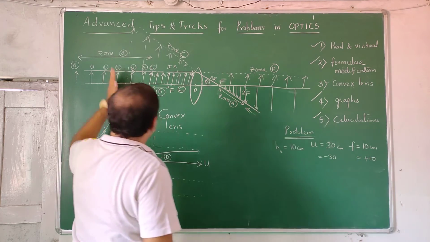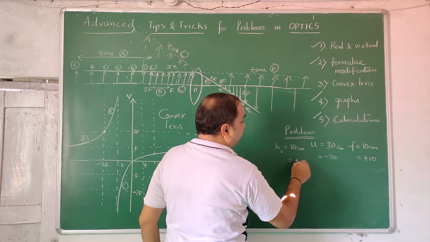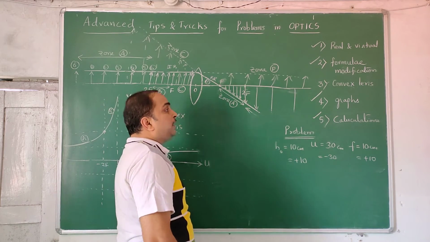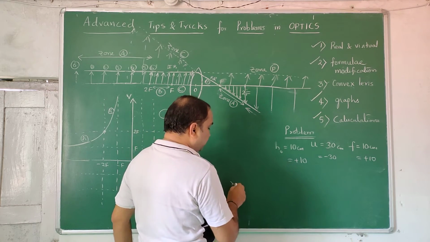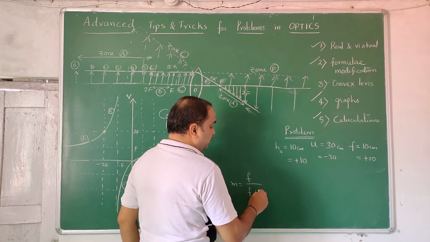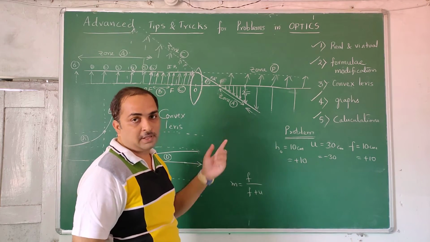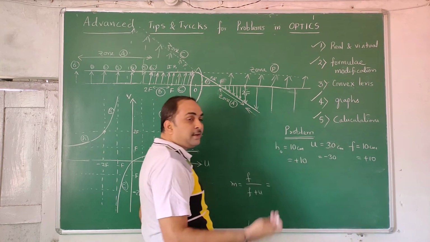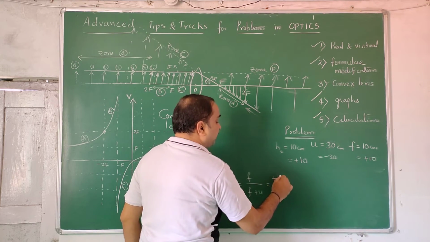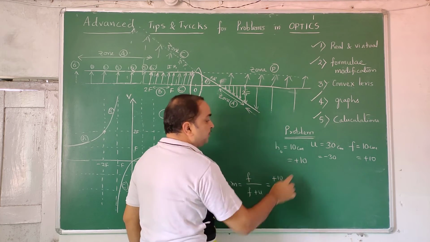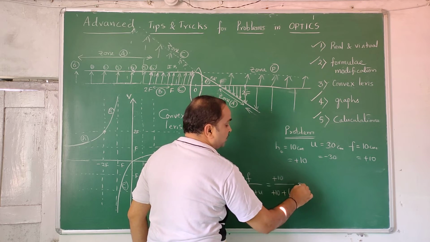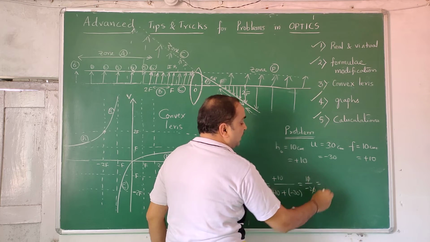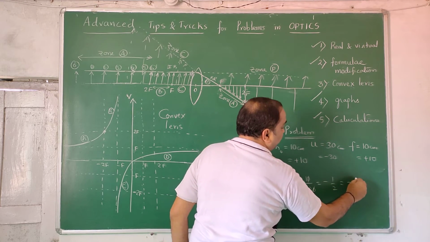Height of the object we are keeping erect, so like this, they can take it as plus 10. So sign convention also we are done. Now I told you always find m. M is equal to f by f plus u for lenses. In this video only we have done that. F is, don't take this value, take what you assigned, whether you kept left side or right side. Plus 10 by plus 10 plus of minus 30. So it's coming out to be 10 by minus 20, minus half, that is minus 0.5.